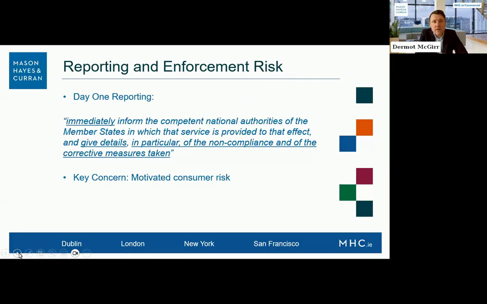This is essentially where you realize, or you know by the 20th of June, that you're not in compliance with some or all of the requirements. You need to make a report to the relevant regulator or regulators, and you need to give details of that, as we've said in the slide: what is the non-compliance and what corrective measures are being taken. So it's a pretty simple and pretty clear obligation. You need to make this report if you're not in compliance. I think there's a strategy to it though, and there's technique to these types of regulatory reporting which need to be applied.